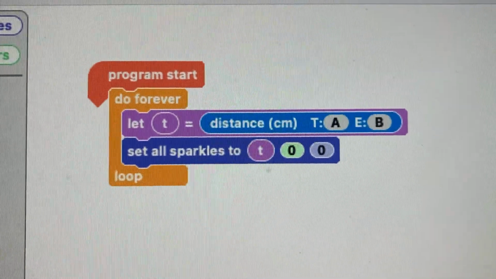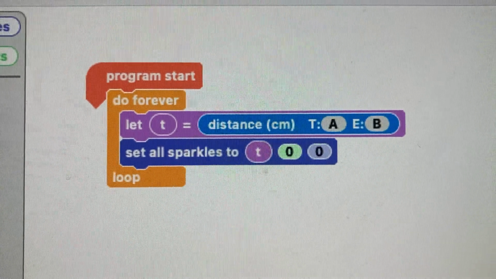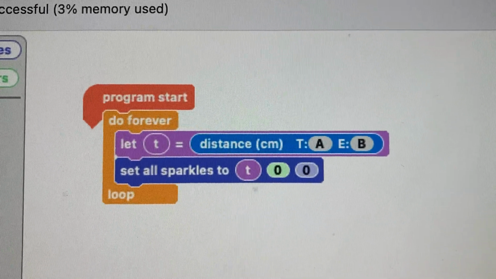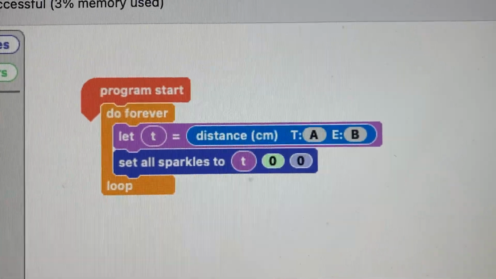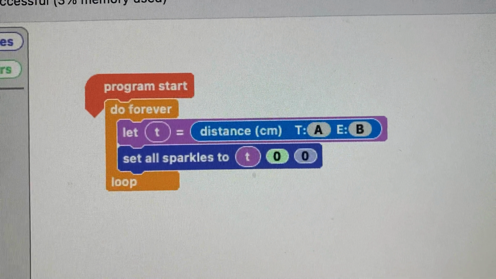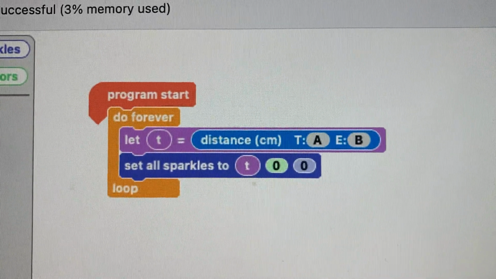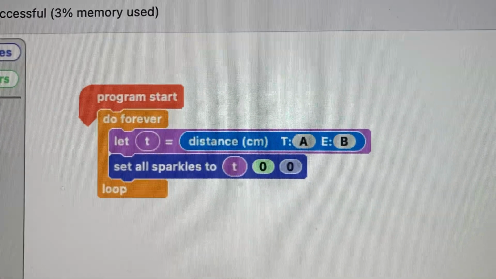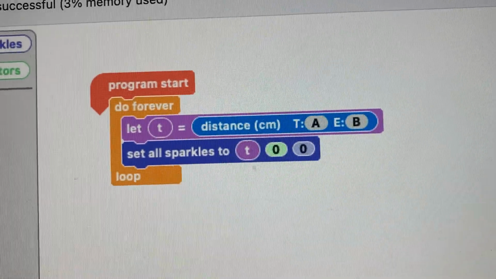Now it's looping, it's forever looping, and it says let t, the variable t, be the distance. So that is the distance that the ultrasonic distance sensor is measuring. And then in that same loop, it says set all sparkles to, and then in the red, green and blue are 0, but in the red, it's the variable t. So what do you think is going to happen here? If t is the distance from the ultrasonic distance sensor, and it's setting all sparkles to red t, what's going